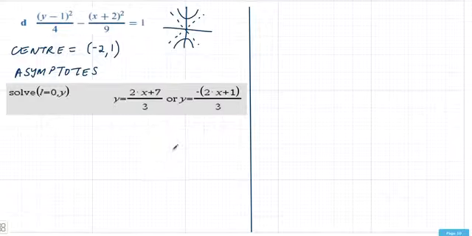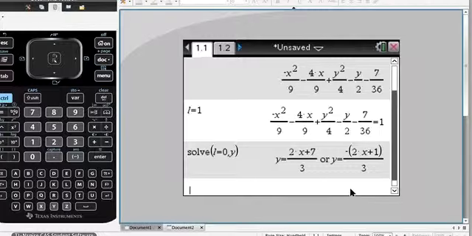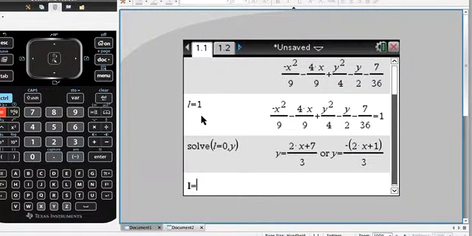The next thing that we're going to do is we're going to try and find intersects. Now we know here, because of the shape of this graph, intersects are going to be y-ints. So that's when x equals 0. So what we can do is actually look at the equation for the hyperbola, which is L equals 1. So left-hand side equals 1. And what we're going to do is a substitution. Now to do a substitution in here, we can use this